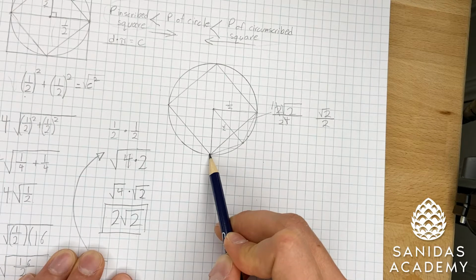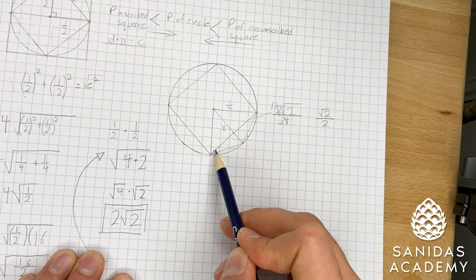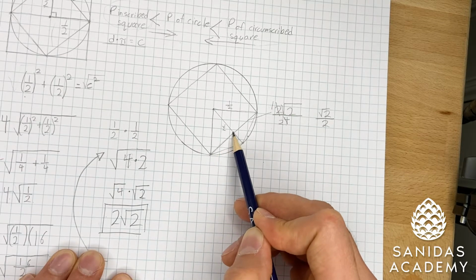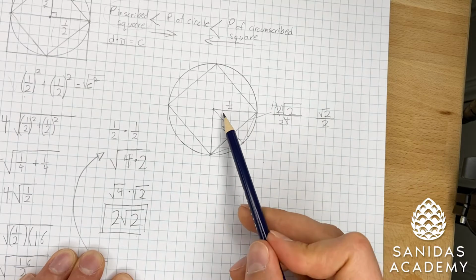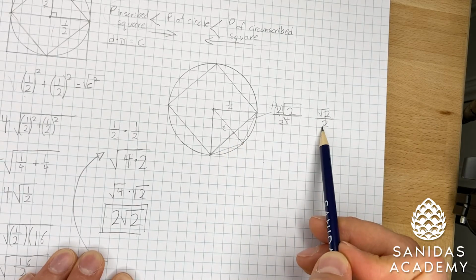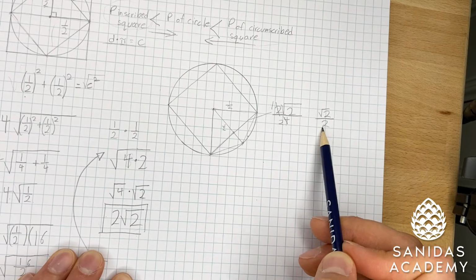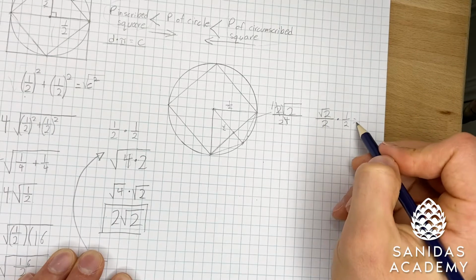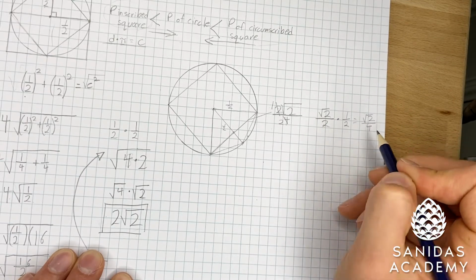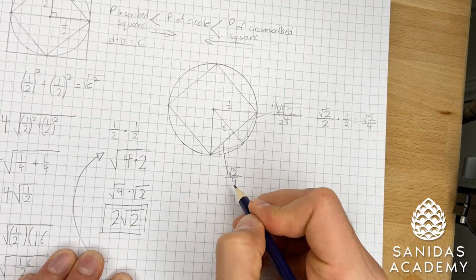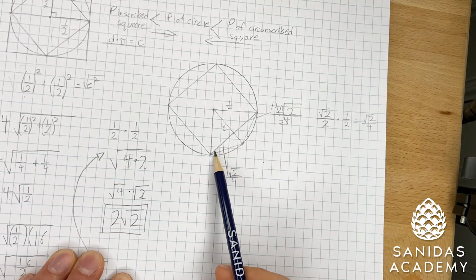Now let's focus on getting this to this right over here. So we have this line segment right here. This line segment has just been bisected by this radius. So it should be exactly half of this. And how do we find out what 1/2 of square root of 2 over 2 is? Let's just take that and multiply it by 1/2. What will we get? We would get square root of 2 over 4. So over here, we have square root of 2 over 4. Yay! Why is this important? This is important because